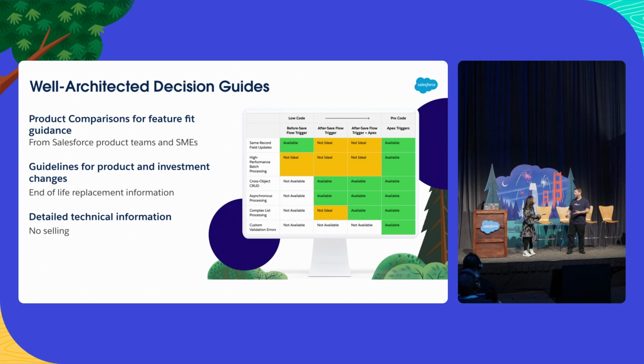Right, and what is it going to mean for you if you choose one decision over another? Trade-offs. So we help you to analyze these things, and then we also have the guidelines for investments. So we talk a little bit about, is there something that's going to be end of life, or is there something that's going to be added to a product roadmap, so that when you're making your decisions, you know not